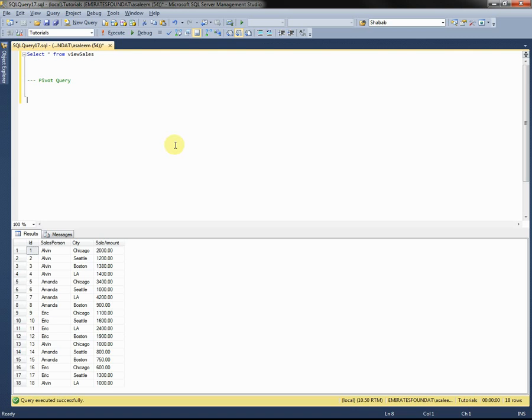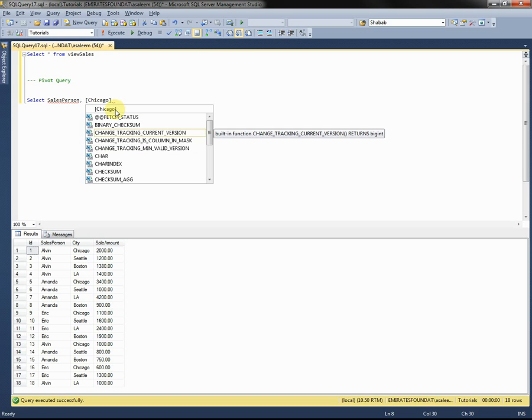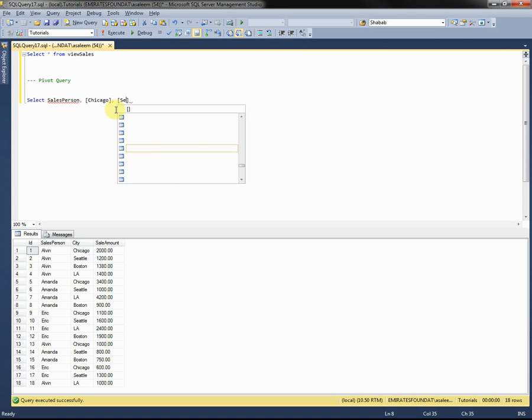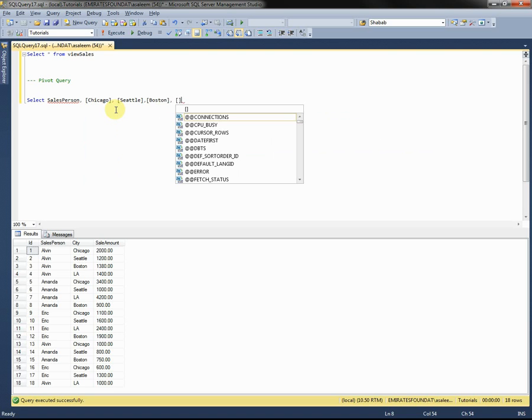Select. First will be a non-pivoted column, that will be salesperson in our case, comma. Then we have to mention all the pivoted columns. In our case, it will be Chicago, Seattle, Boston, and LA. From